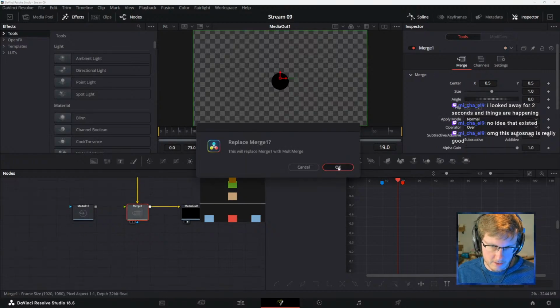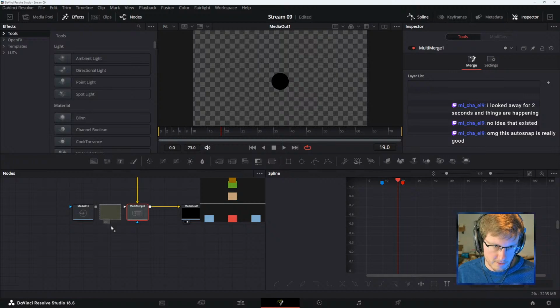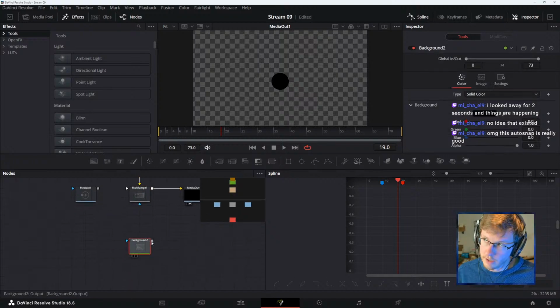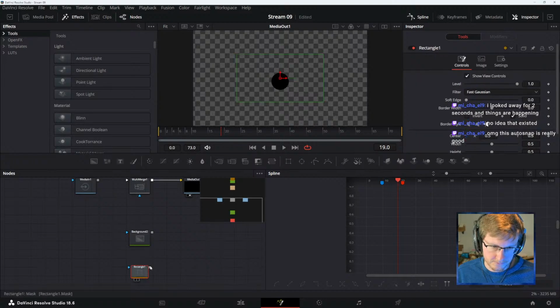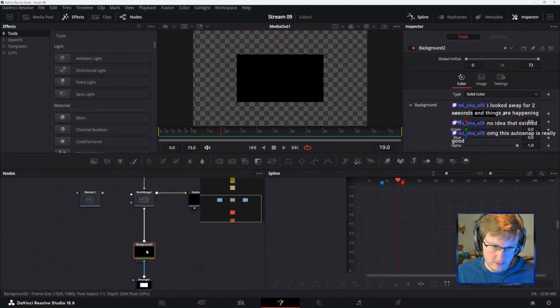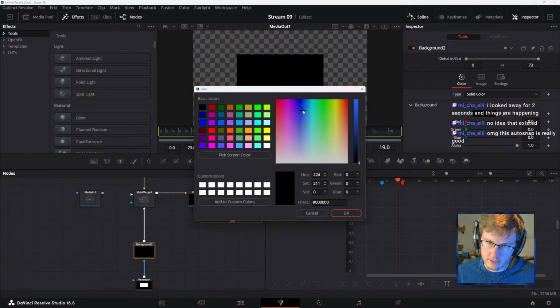Let's try to continue this thing that we were starting here with another background. Let's try and do a motion graphic thing. We have a rectangle. Boom. We'll color this blue.